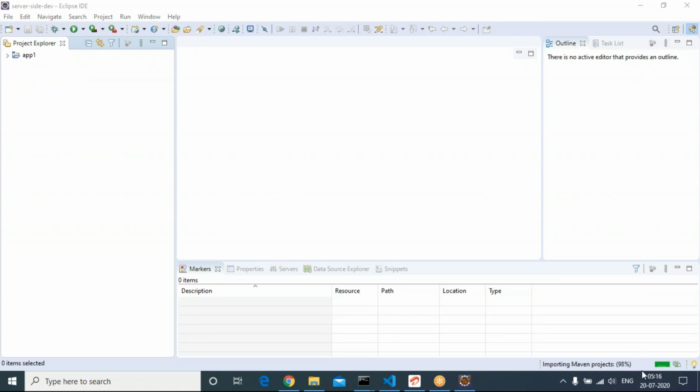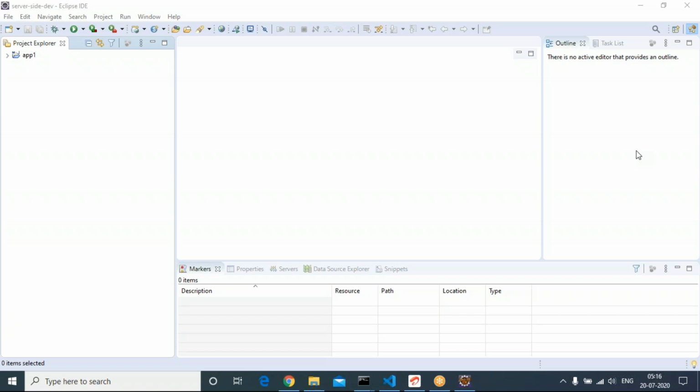You can observe in the right bottom, there is one progress bar. Whatever dependencies are there in our project, for those dependencies, required jar files are downloaded by Maven. You have to wait till the right bottom progress bar gets over. So don't disturb that progress bar.